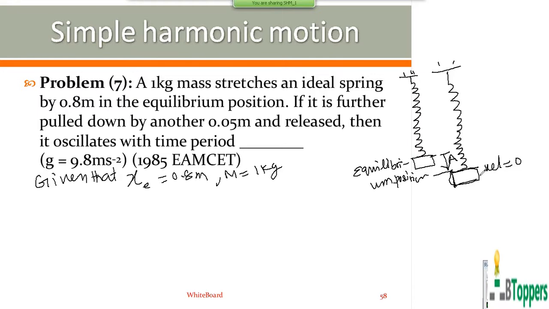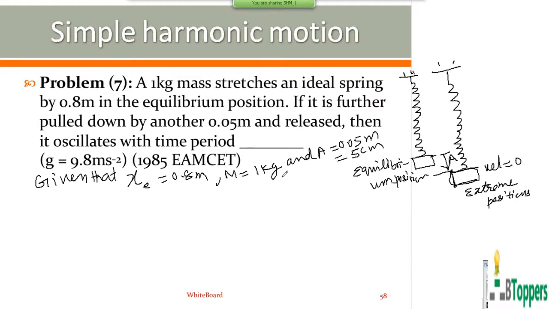At the lowest position during oscillation, velocity is zero. So the mass is further pulled down by 0.05 meters below this equilibrium position and released. That means you can assume that it is released from rest, so this corresponds to one of the extreme positions for oscillation. The distance between one of the extreme positions during the oscillations and the equilibrium position is the magnitude of the displacement amplitude. That means you are given the magnitude of the displacement amplitude as 0.05 meters or 5 centimeters.